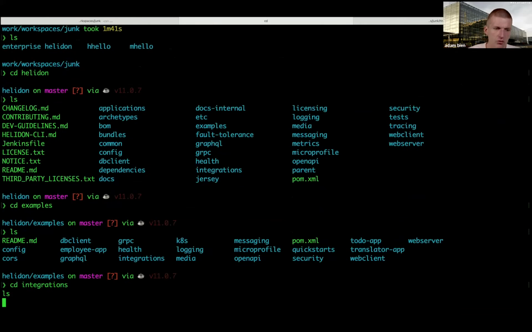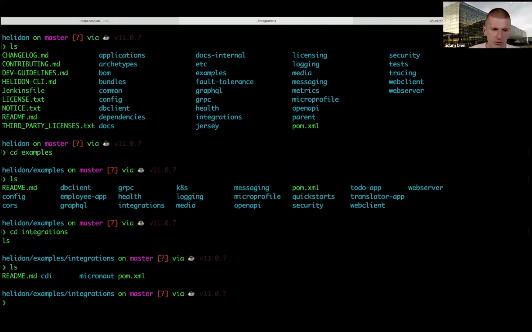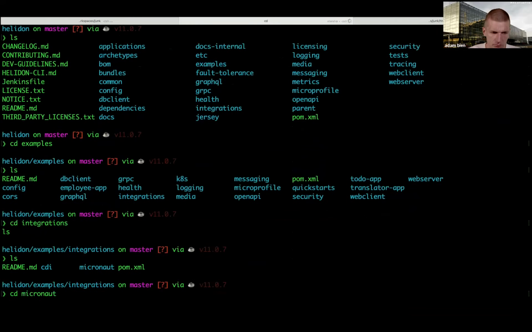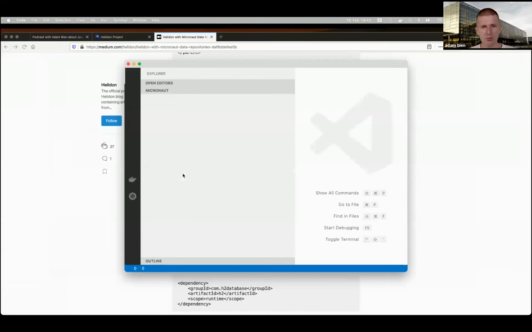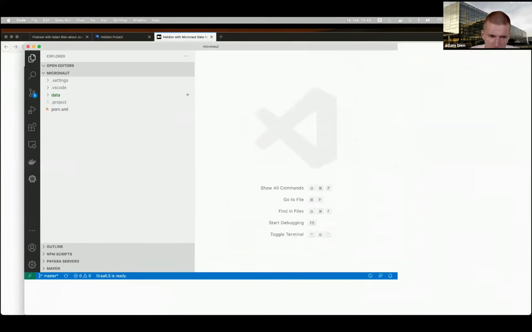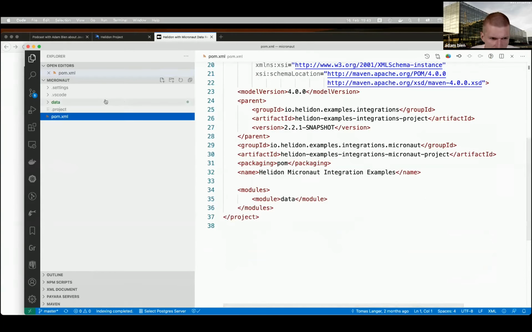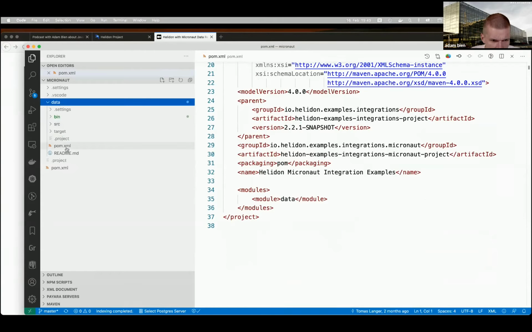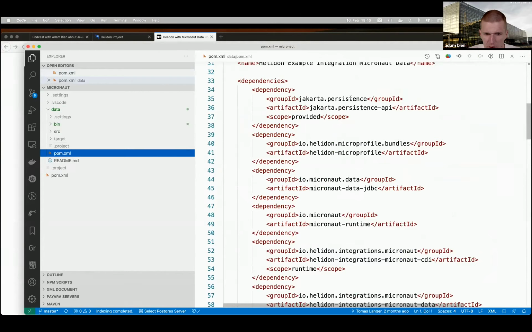Integrations, and then we are at Micronaut. We will find, I don't know what the example is, at least something which I can copy, because I'm really lazy and I cannot remember the dependencies. It is the data POM, and these are the dependencies I need. You see, this is the persistence, and I think I can just copy